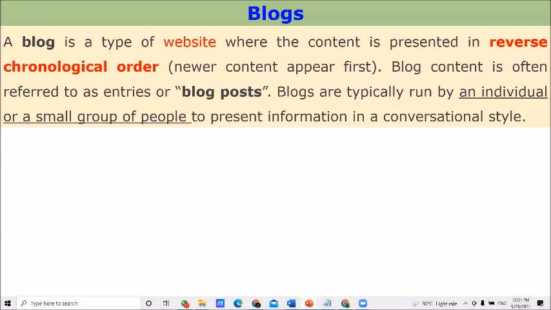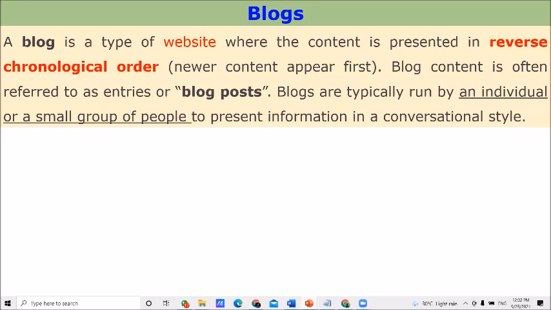Normally, an individual or a small group of people use blogs to publish their information. Personal, individual people use blog websites and blog pages to publish their own things.